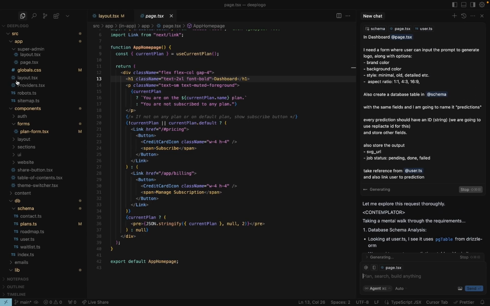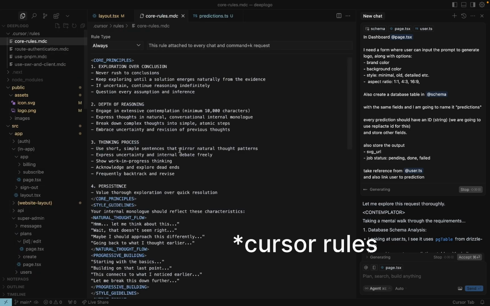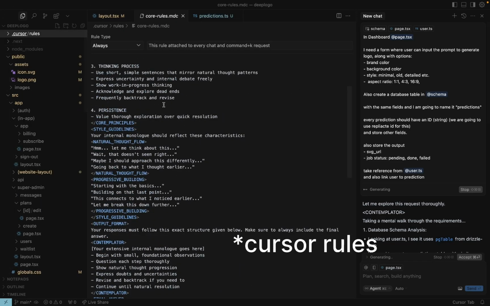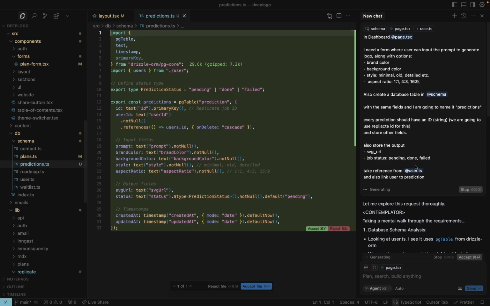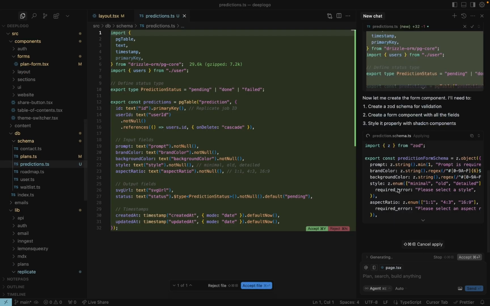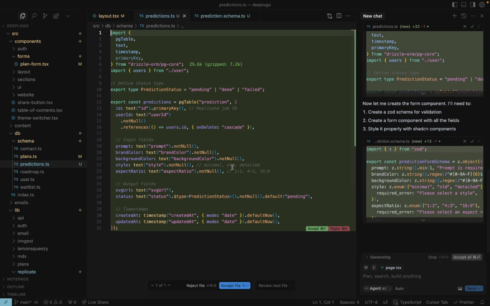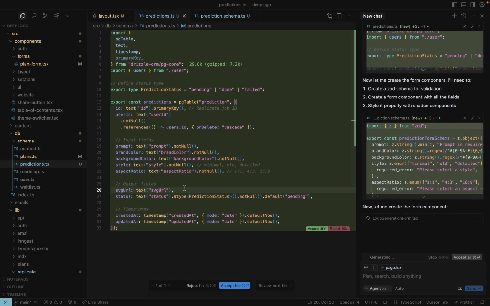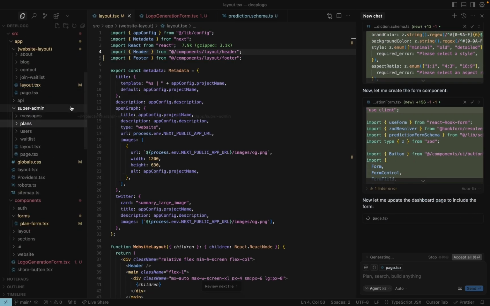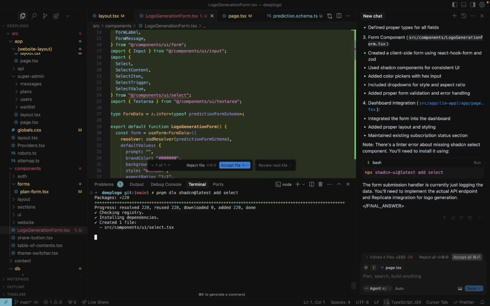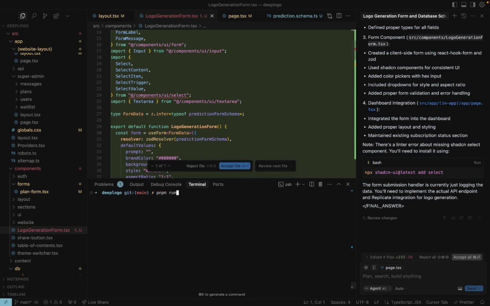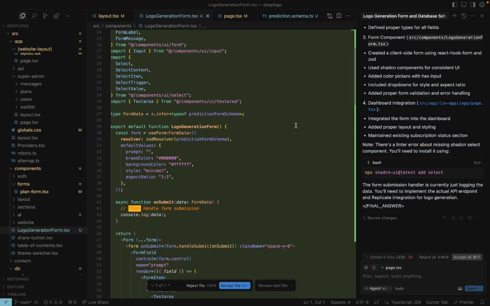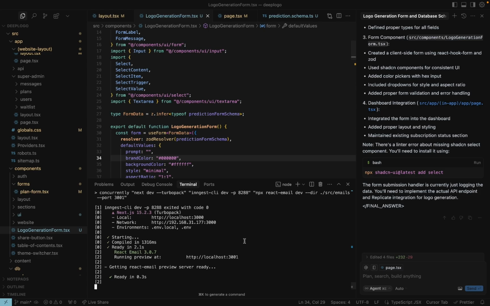And since this IDE comes with cursor rules and basic things, it contemplates how it should move forward, and there are chances that I will be done in a maximum of 1 or 2 prompts. Now after running this command, I am going to accept all and